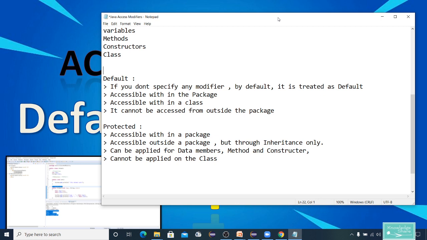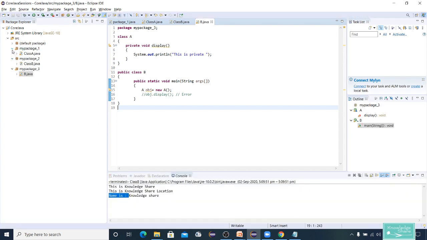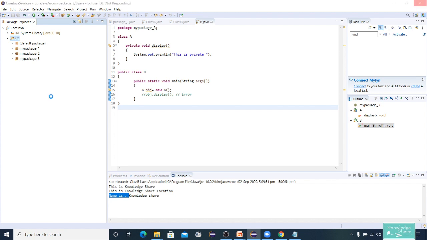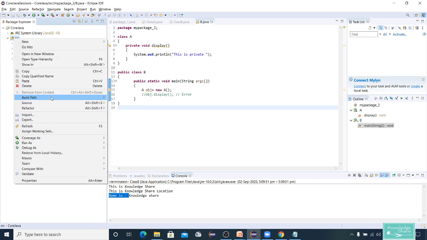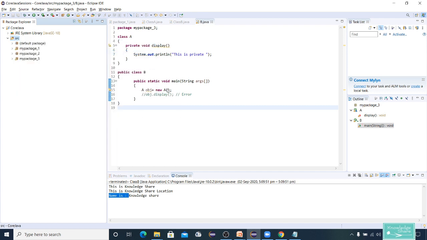Let's see one example of how it works for default. Let me switch back to Eclipse. Let me create one package here, a new package.